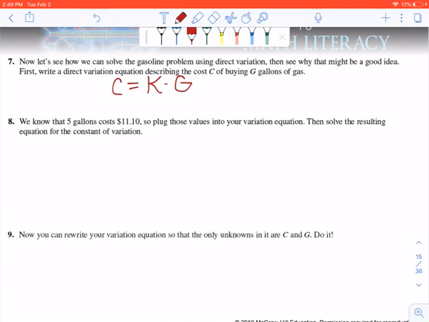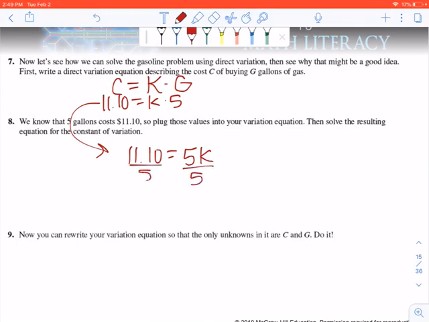So I know for 5 gallons, if I have K times 5, that's going to equal 11.10. Oops, that was supposed to be for the second part. So for number 8, we're plugging those in. And so we have 11.10 equals, I'm going to rewrite that as 5K. Then I need to solve for the constant, so I'm going to divide by 5. And when we divide by 5, we should get, let's see,